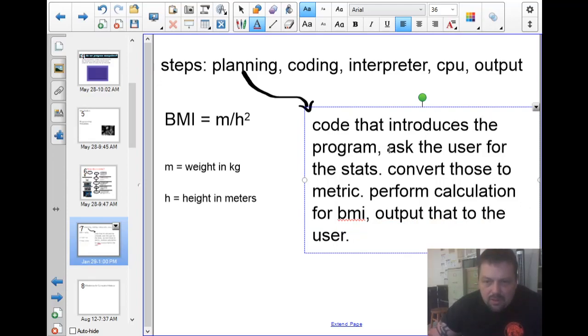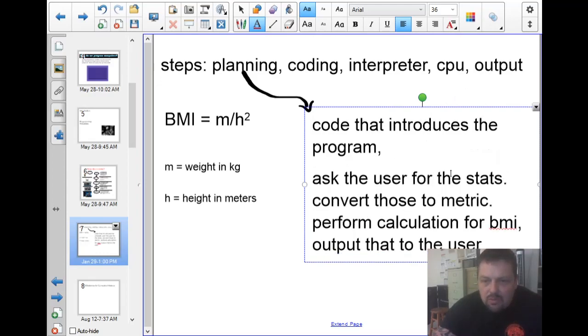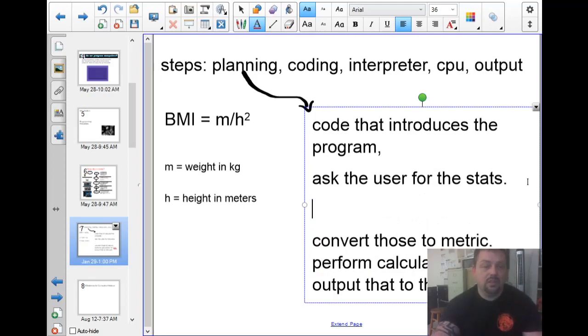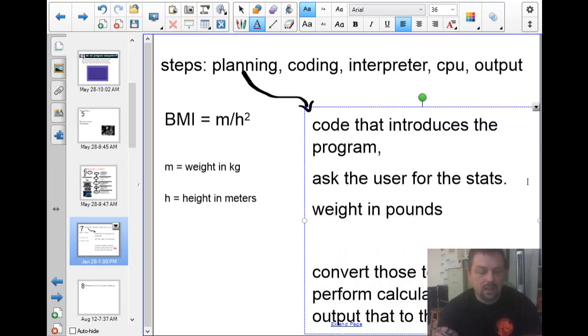Let's break this up into steps here. Code that introduces the program. Okay, that's one step. Ask the user for stats, and this will be two parts. So we need their weight in pounds and their height in inches, let's say.